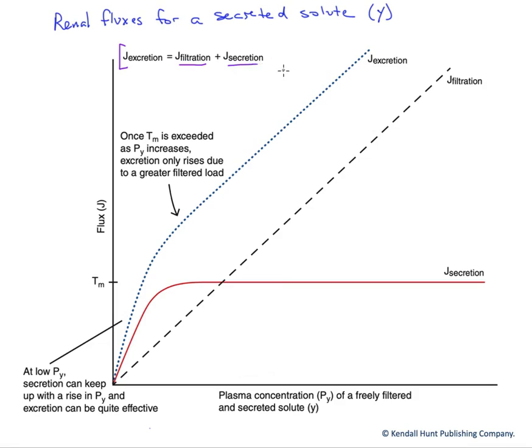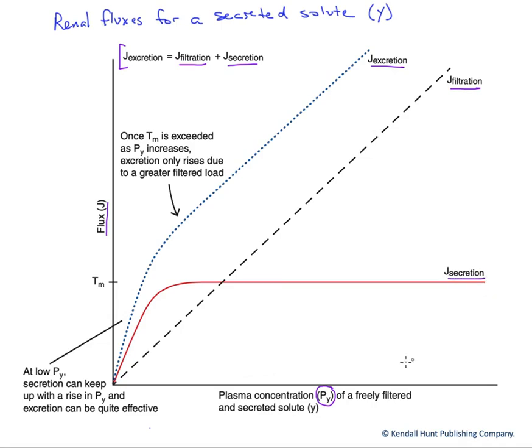to that filtrate. If you recall, a reabsorbed substance is something we're trying to retain in the bloodstream. And so we're going to take what we filter and actually subtract what's reabsorbed. Now, once again, we're going to plot our fluxes relative to our plasma concentration of this secreted substance. We're going to look at our rate of excretion, our rate of filtration, and our rate of secretion in the